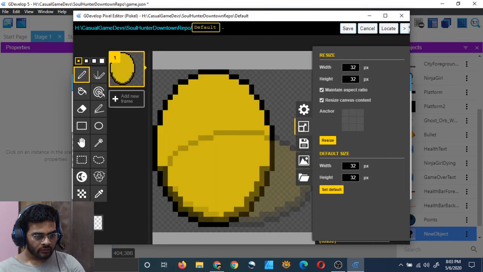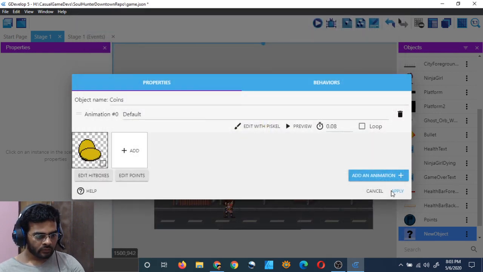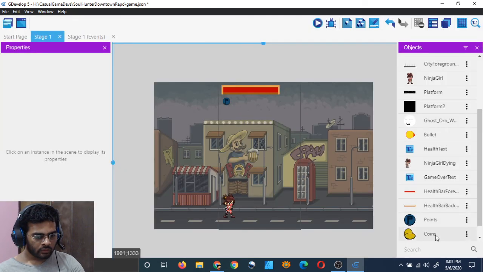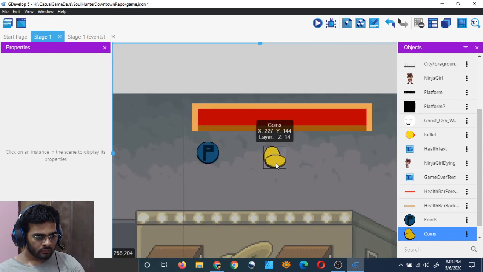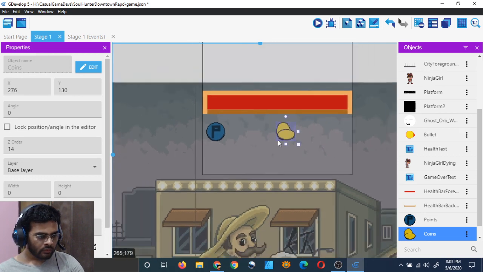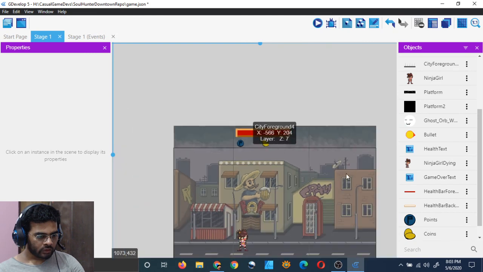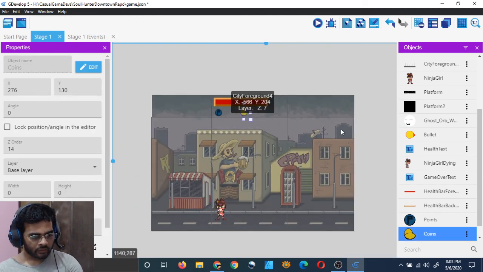I change the size to 64, 44 size, apply coins. So there they are, coins. Just put it around here, around here. So that looks okay. We will have to add some text also.